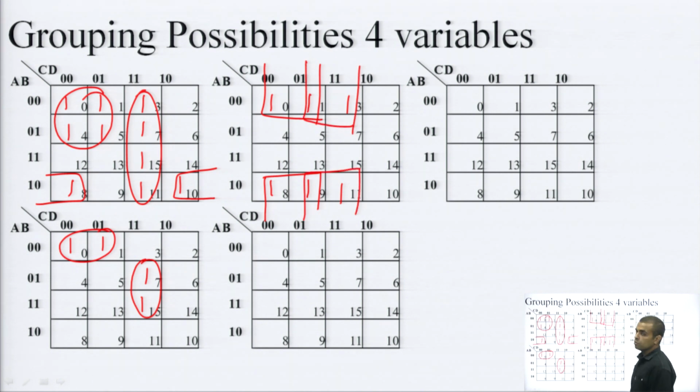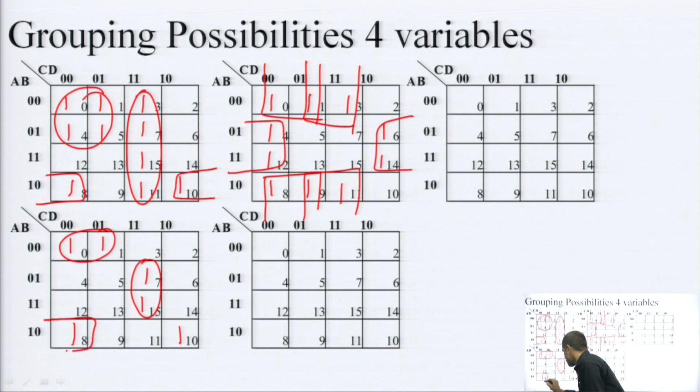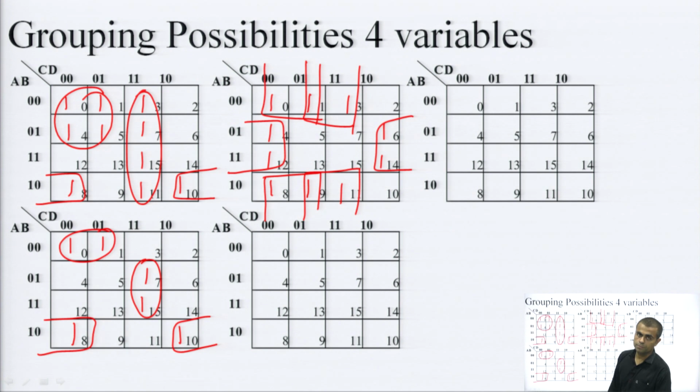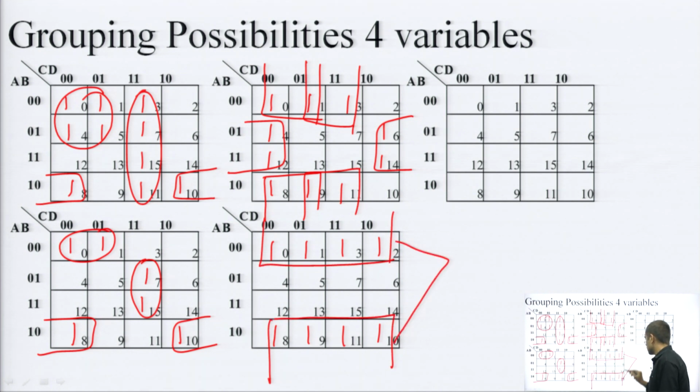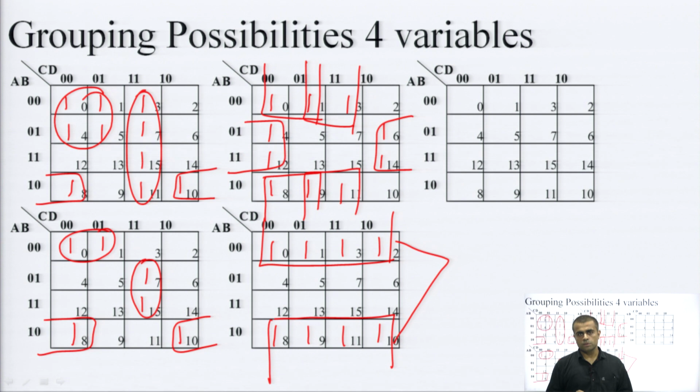So, there will be 2 quads in front of each other in the extreme top row or the top row and the bottom row. Similarly, if ones are there, then this 1 and 1 can also form a quad. Similarly, if there are two ones here, then this will make a pair. Similarly, if I have these ones, these will not make two quads, actually this will make an octet. This will be treated as an octet. So, there are four possibilities: single, pair, quad and octet for 4 variables.